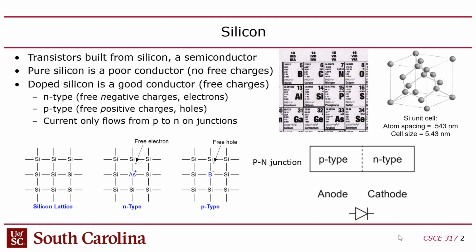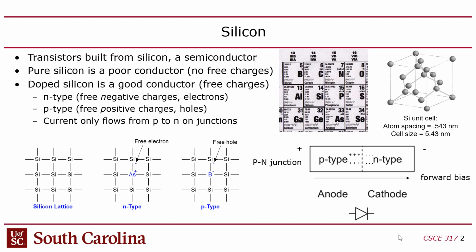And so if you put them together, you get a diode where the P-type side is the anode, the N-type side is the cathode, and this will only allow current to flow in one direction from P to N, but not the other way around. Okay, and so now you might say, well, why is that? Well, the reason for that is because